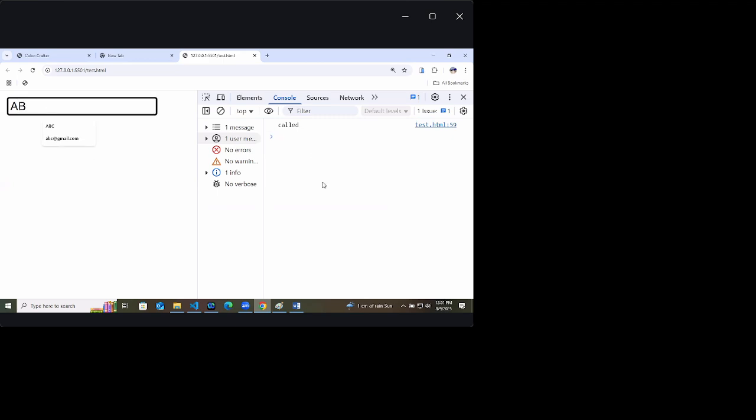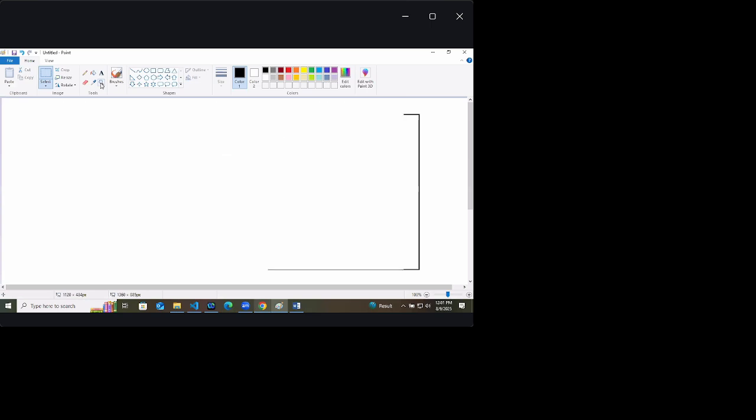Change the value, again called. So whenever I am typing something here, I have to click outside of the input box, and then automatically it will set the value. Now this is a very confusing topic, I know, but now let's make it super easy.